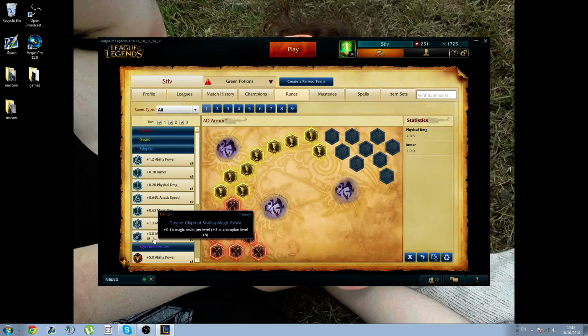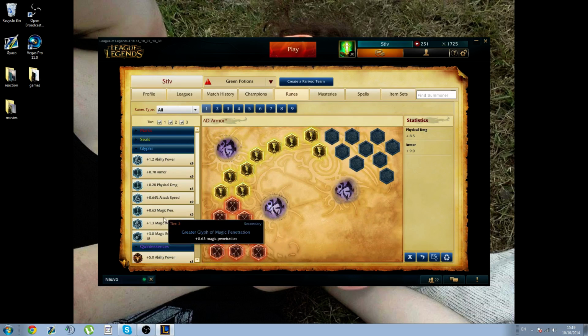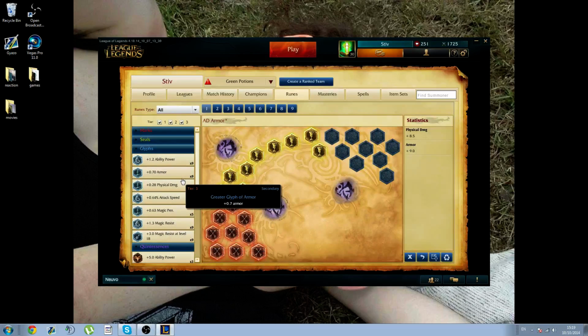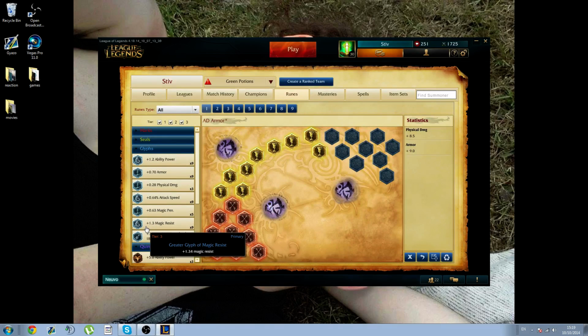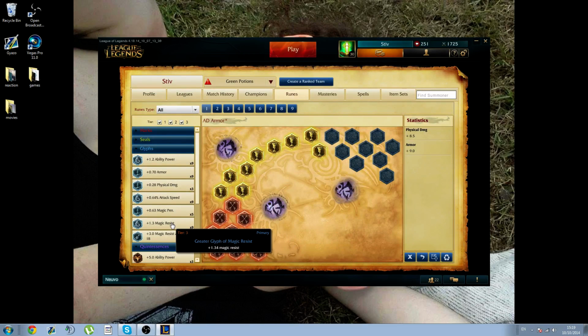A lot of people have different combinations in their rune pages. For example, these runes. I have 9 of these, which I can put in the blue slots. So what I'm going to do is, you can see here what it's totaling up to. So if I put